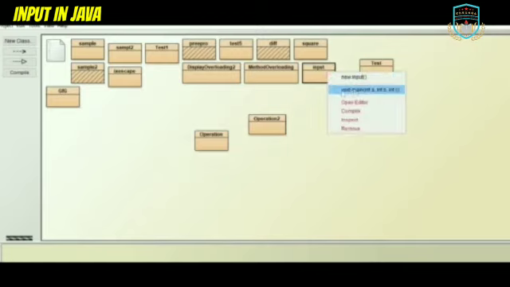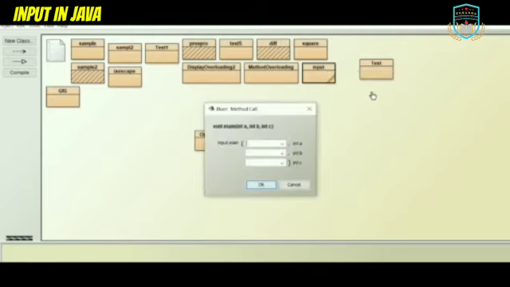Right click here, you can see the second option, void main, and click this. So you can see the method call window will appear with two curly brackets. In this we will give some arguments, and values will be initialized at the time of execution. Now what is the purpose of this? It means each time of execution we are able to change the values.